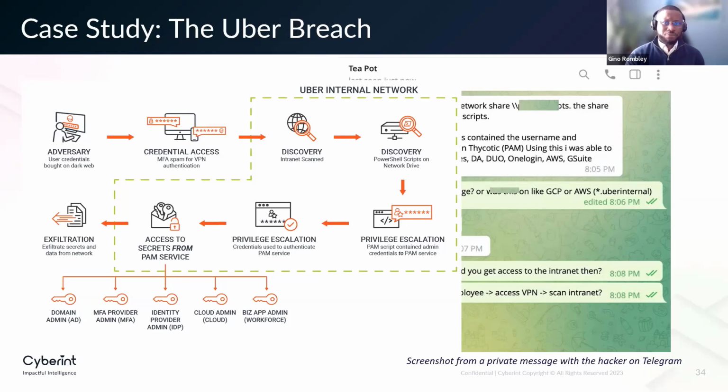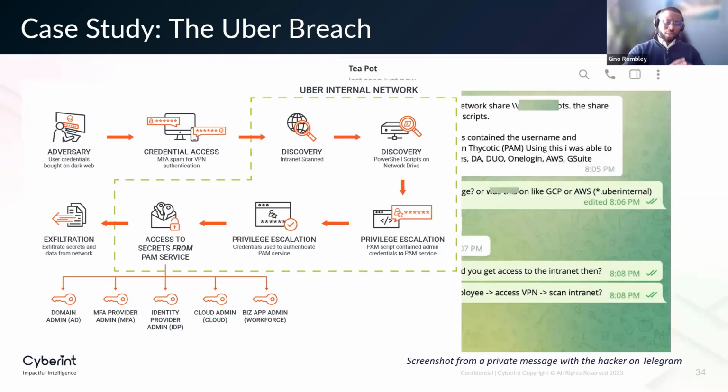Person was fool enough to say, yes, we're from support. We saw the notification happen. Just click yes and it will go away. So the employee was convinced that, okay, now that I received some support from our internal IT support, I'll just click yes when they happen. And I will click yes. What led to, when a person clicked yes on the MFA, provided access to that threat actor into Uber internal